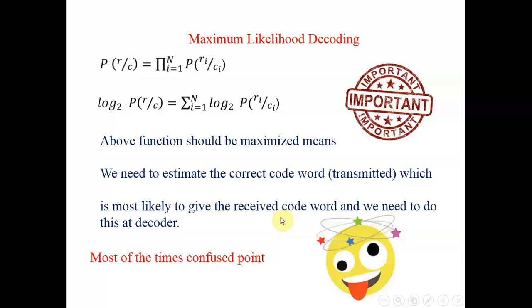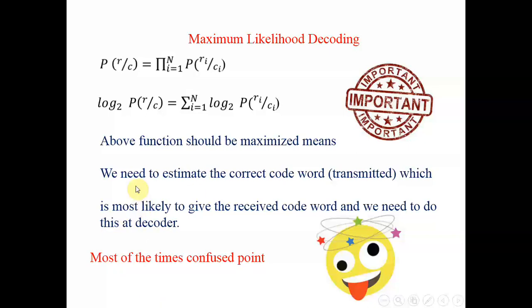Imagine that I am scanning, say, an answer book of some student, and I can say that I have received the answer book. What is the probability that this particular answer book belongs to a particular student? Maybe you have written a very nice answer sheet and I know a few of the students by chance, and the probability of that student writing that particular answer paper is more. So I might be thinking, is my estimation correct? What is the probability that I am receiving this answer book? That means this particular student might have written this particular answer sheet.